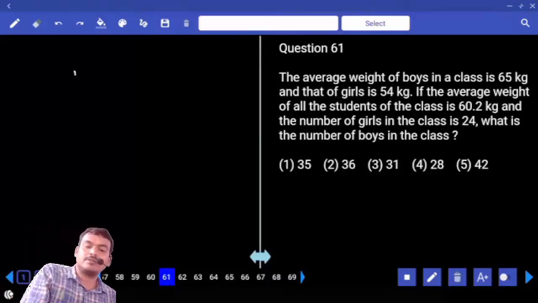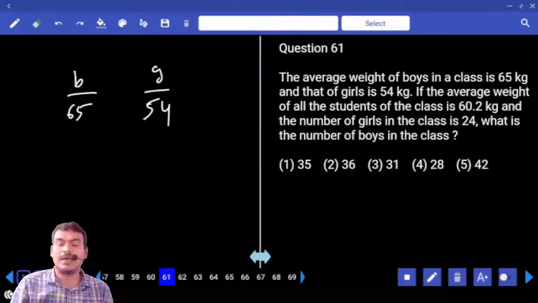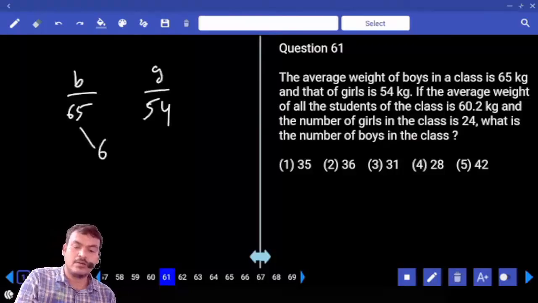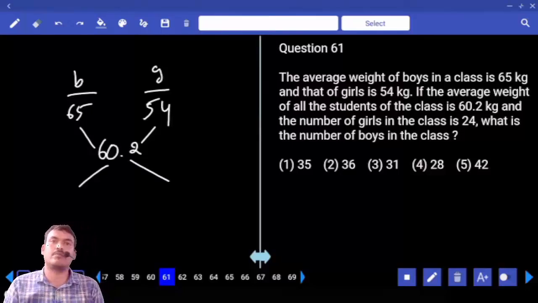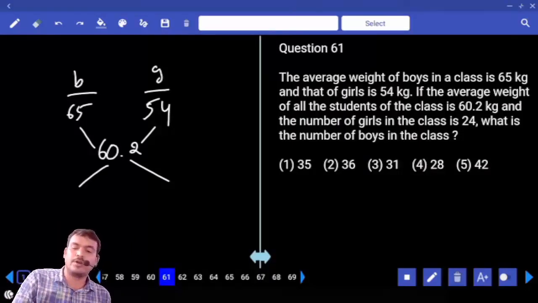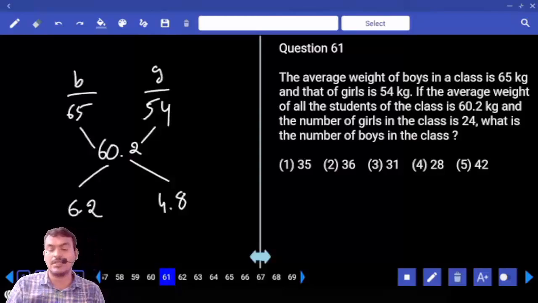Only boys average 65, only girls average 54, but boys and girls average 60.2 or not. By using alligation concept we get the ratio between quantity 1 and quantity 2. What is the 65 and 60.2? 4.8 difference or not. 60.2 and 54, what is the difference? 6.2. One is 62, another one is 48, nothing but ratio is